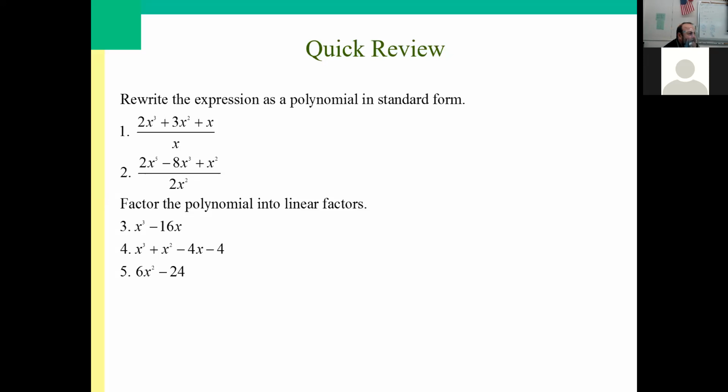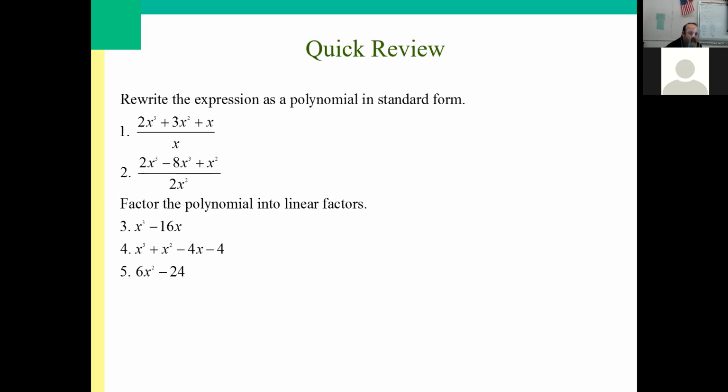Could somebody help me out with number 1? How does that simplify out? What happens when 2x cubed gets divided by x? 2x squared. And then what's the next piece? Plus 3x, and then plus 1, right? So the point being is that if you're going to divide by something, you've got to be fair and divide every single piece. So in number 2, you would get x to the,